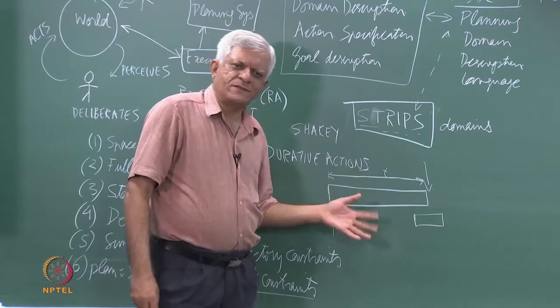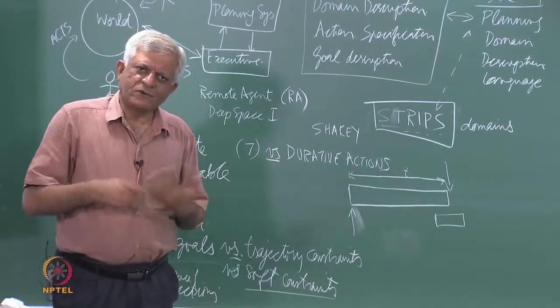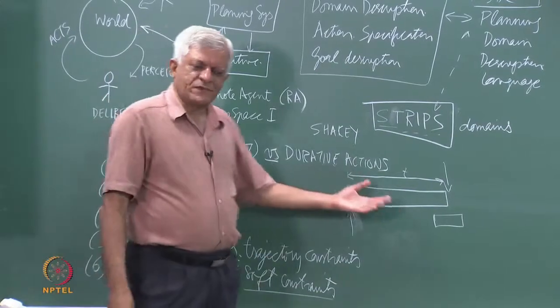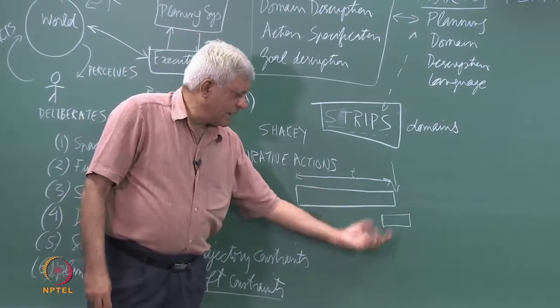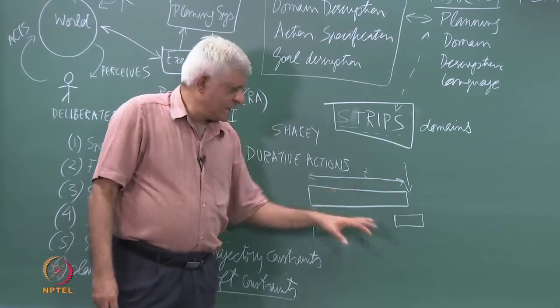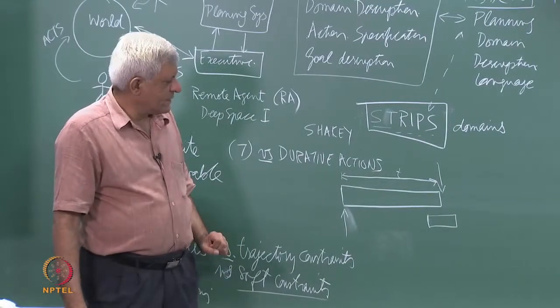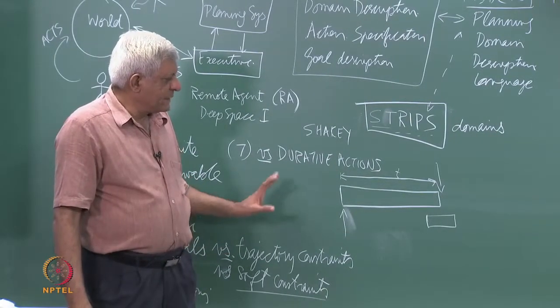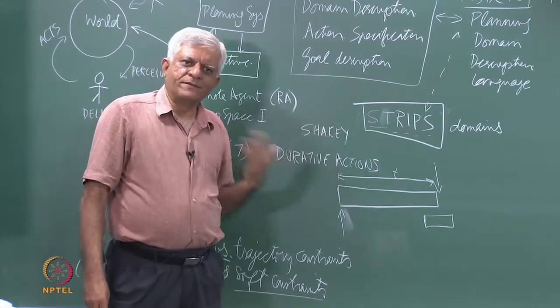So, this gave rise to some very interesting problems in how to build systems which will do this. Now, of course, we have planners which can do this, and they would place an action somewhere in between, so that this straddles this essentially. So, durative actions of course increase the complexity manifold essentially.